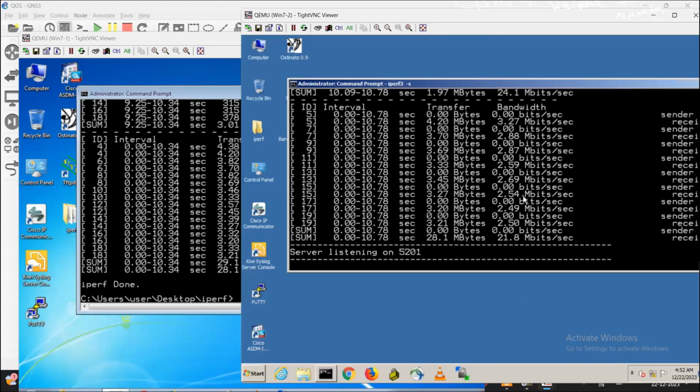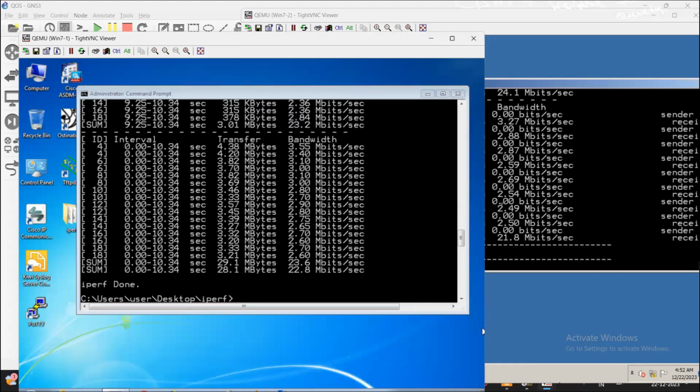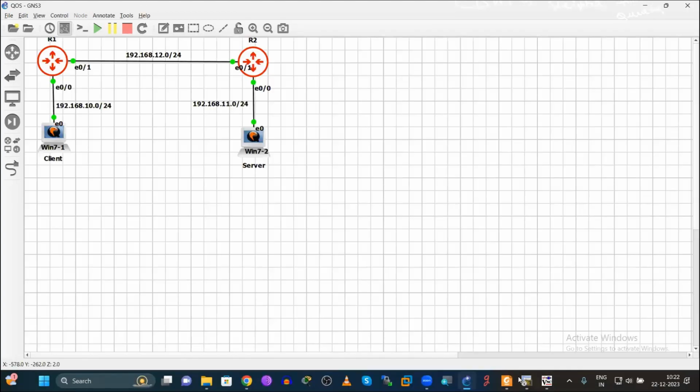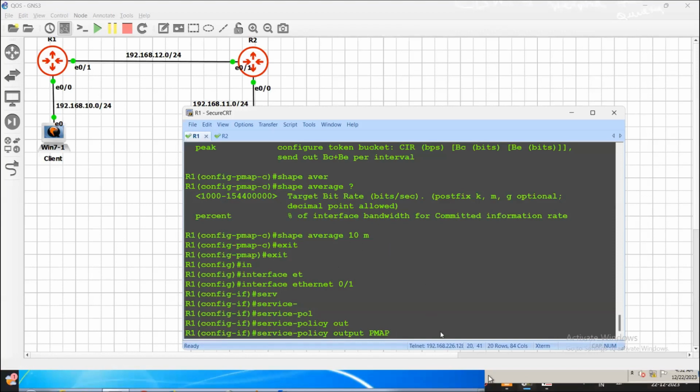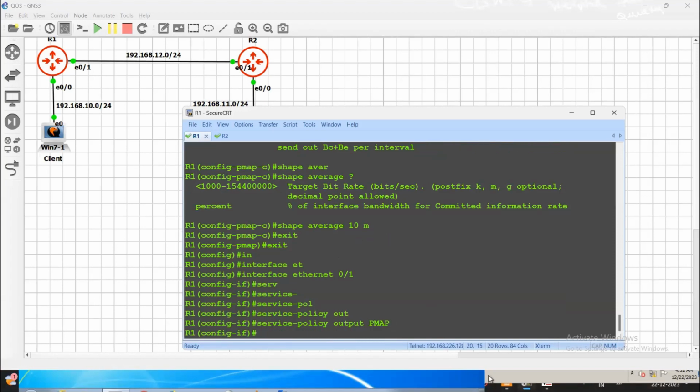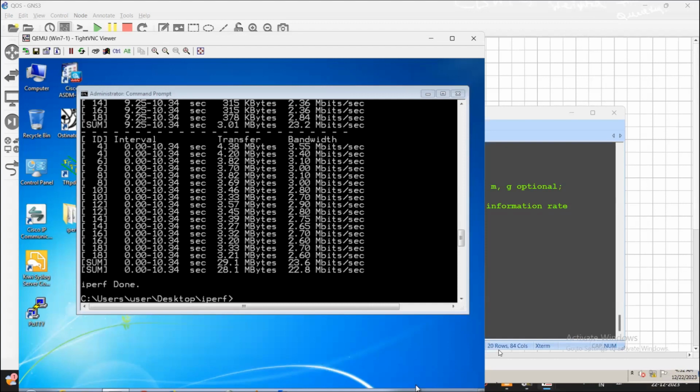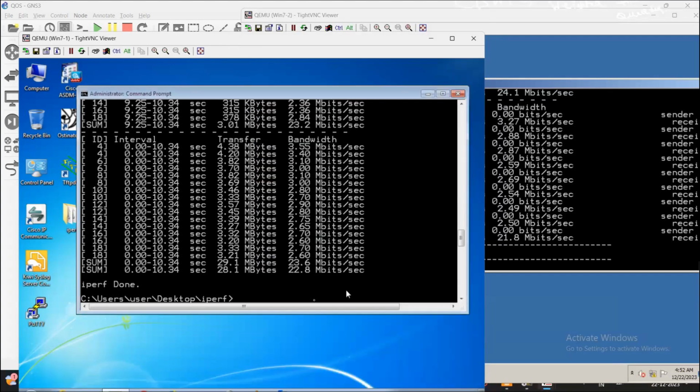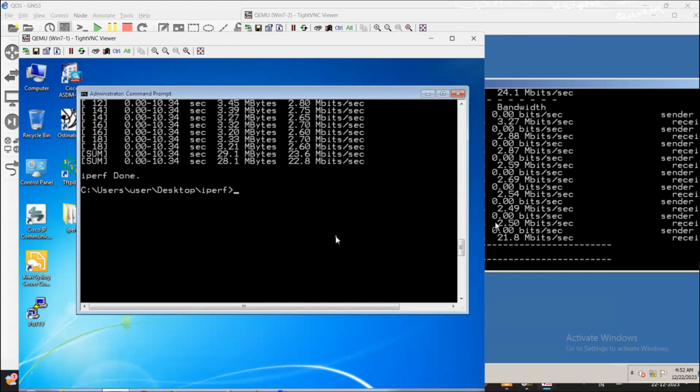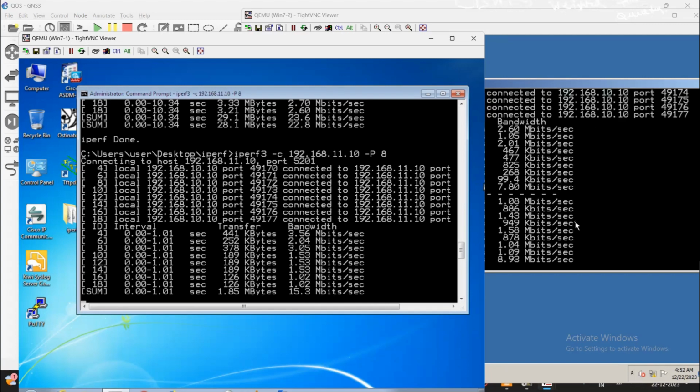As soon as I set the policy, because of this policy, the bandwidth should not exceed more than 10 Mbps. I have entered this. Let's check once again. I'll check one more time. Performance connect 192.168.11.10, just enter. Let's see.